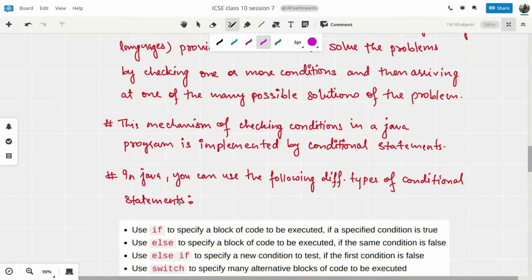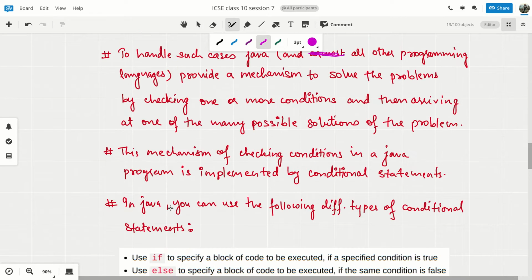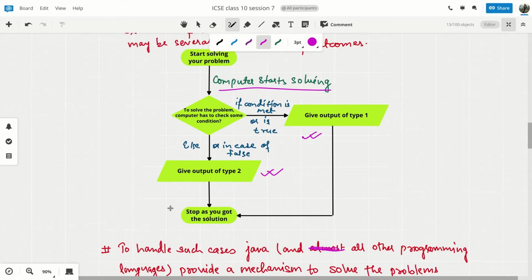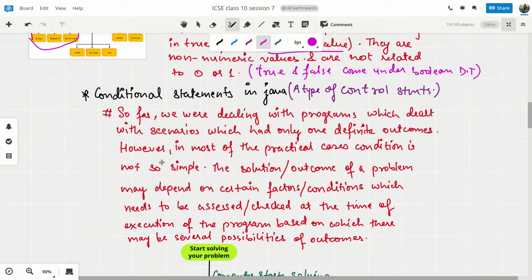Okay, so we will come to what are the different types of conditional statements, but till now, using this chart, did you get this concept that in real life most of the time the solution to the problem may not be straightforward, because we may need to check some conditions before arriving at the corresponding solution to that problem.